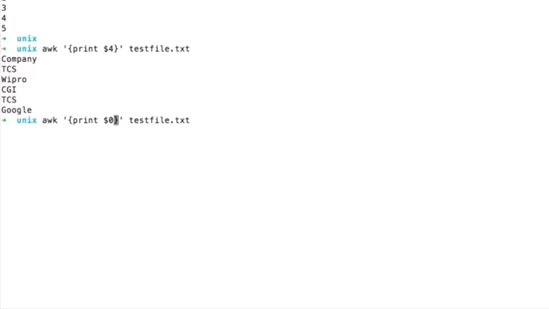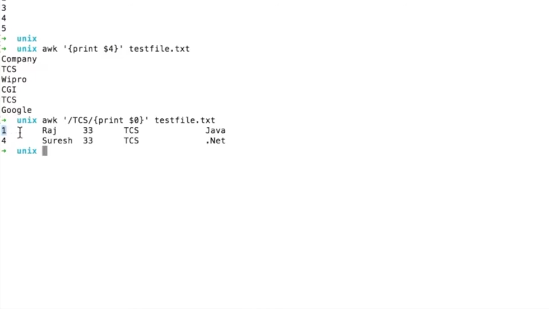Now we will see how a pattern works. In order to match some pattern, we use slashes, and in between them we simply write the pattern which we want to find. Suppose I give TCS as a pattern. It gives me two rows, because in the input file we have two rows with company TCS.